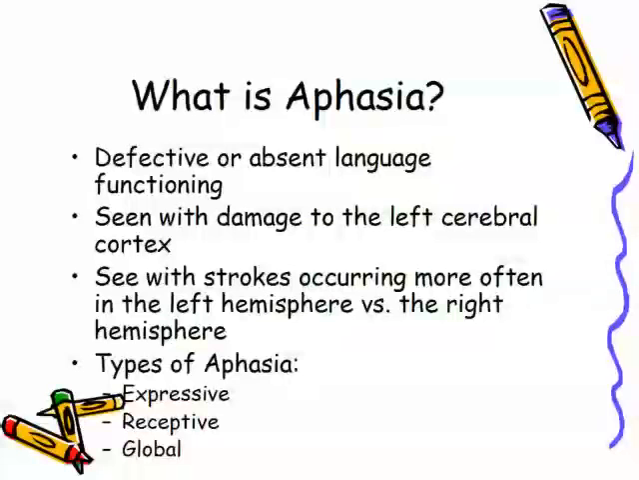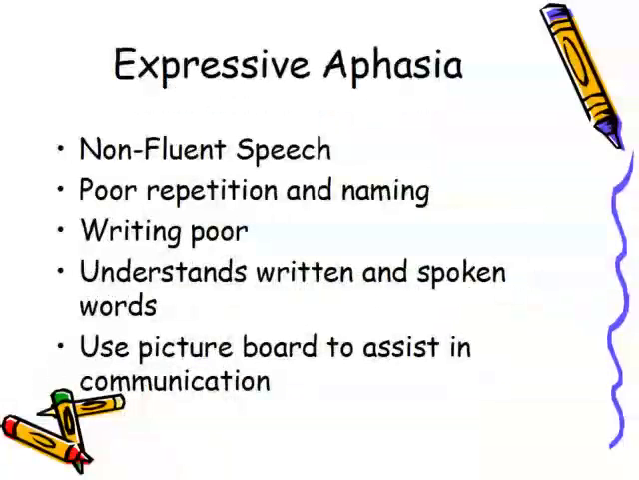They're also seen with strokes that occur in the left hemisphere more than patients that have in the right hemisphere. And like we talked about earlier, the types of aphasia that we see can be expressive, receptive, or global. So expressive aphasia, this is the one where the Broca's area would be affected. And these patients will have non-fluent speech, will do poor repetition and naming, their writing is very poor, and these patients are very, very frustrated because they can understand written and spoken words, but they just can't seem to formulate